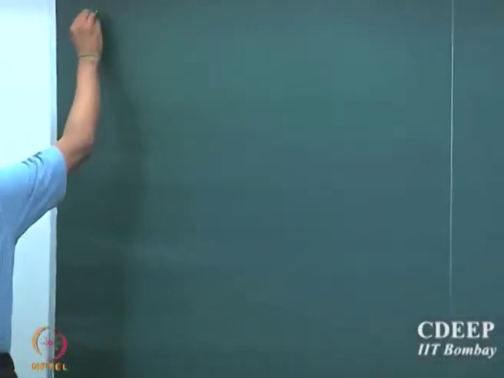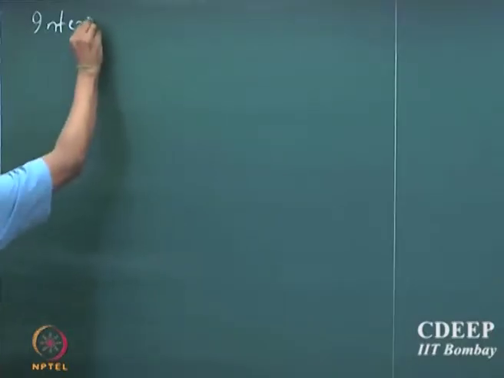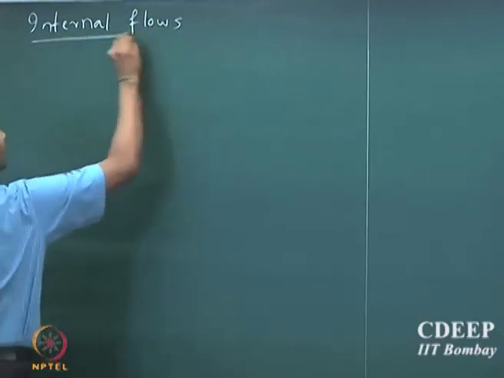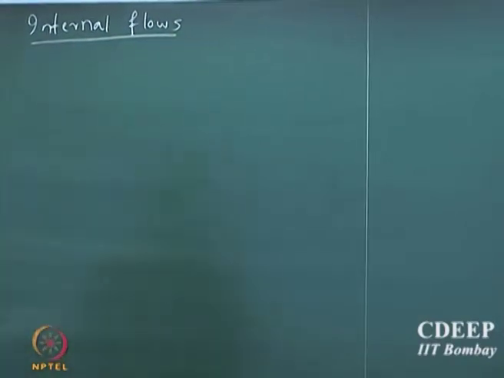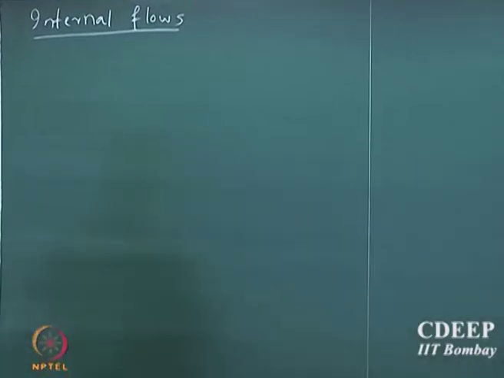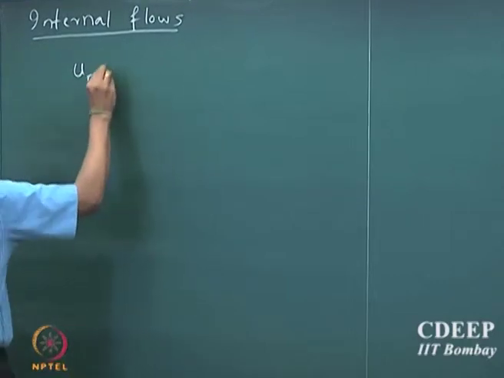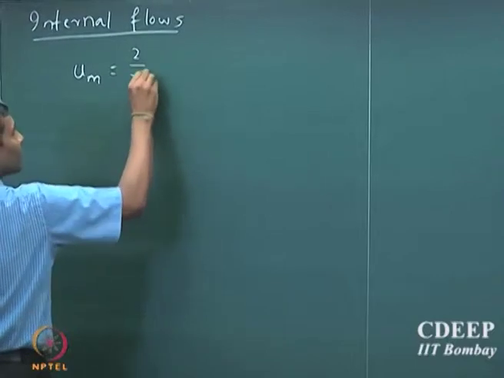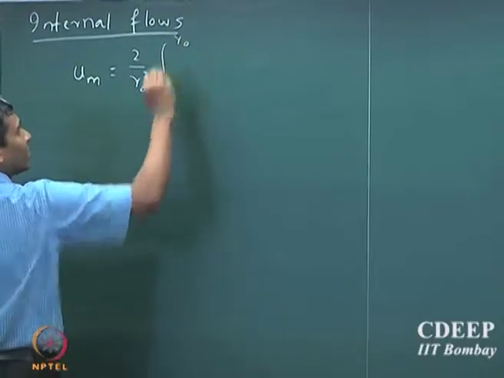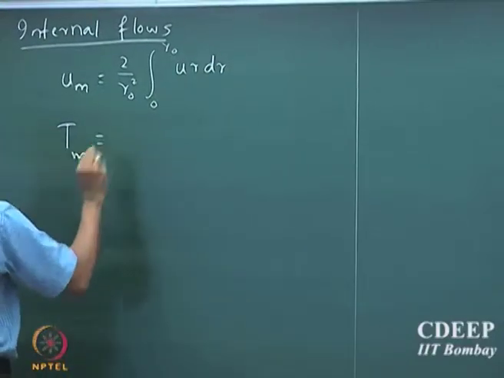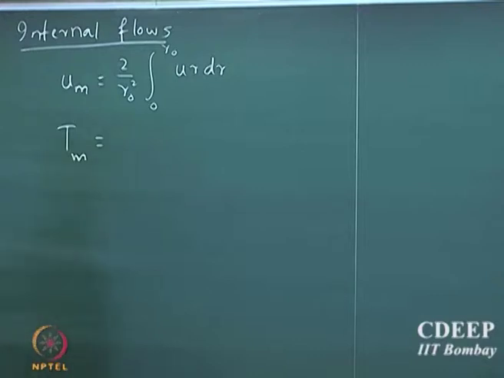We've been looking at internal flows. So we observed that there is no reference velocity and there is no reference temperature. So we define the mean or cup mixing velocity, which is given by 2 by r naught square integral 0 to r naught u r dr, and similarly we defined a cup mixing temperature, which is, does anyone remember, 2 by